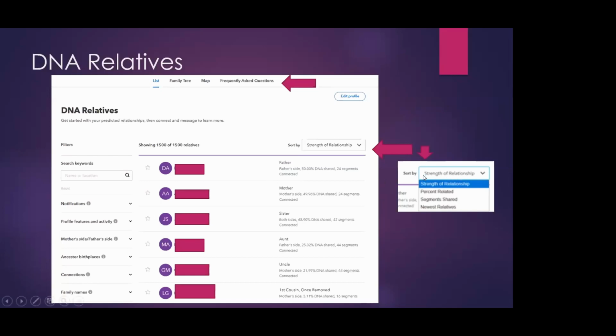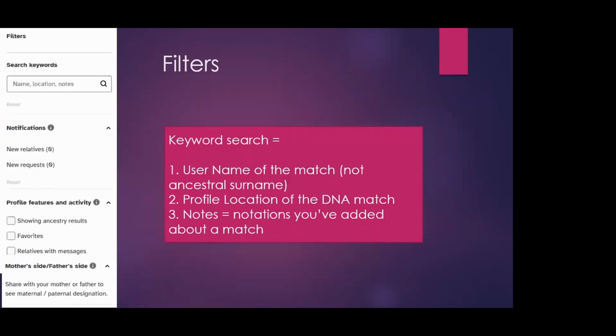And like I said, you can do that by just clicking on this box here and changing it to something else. There are also filters over on the left-hand side, and you can also use those to pull up certain matches and not all your matches. So the filters,